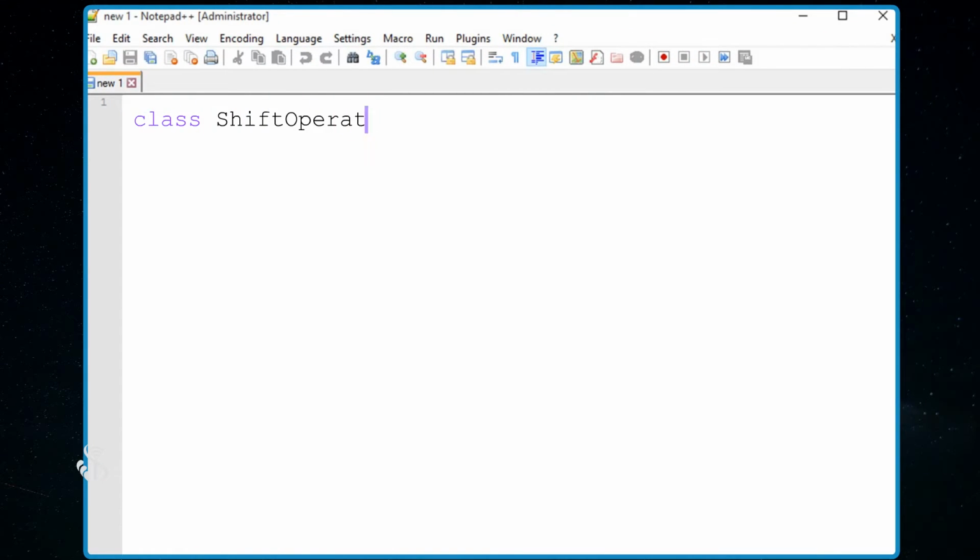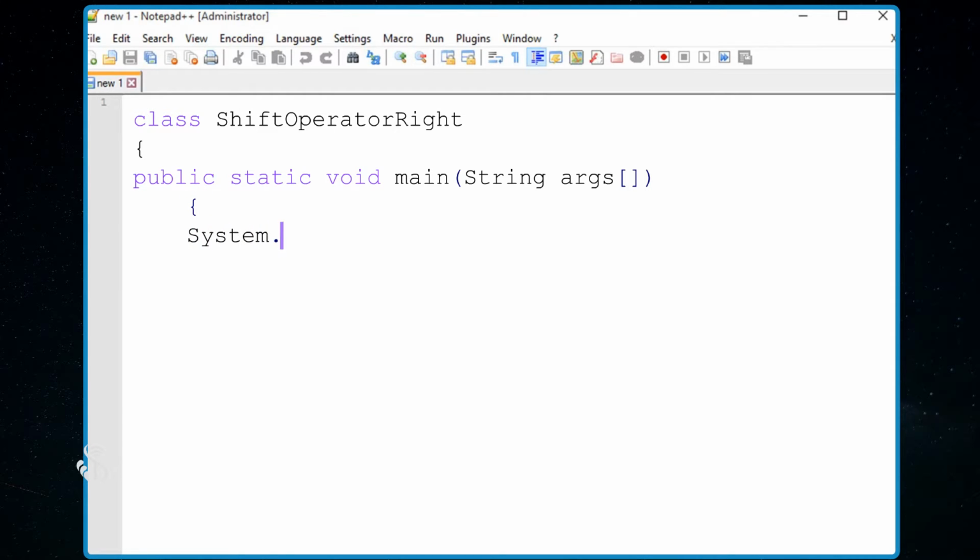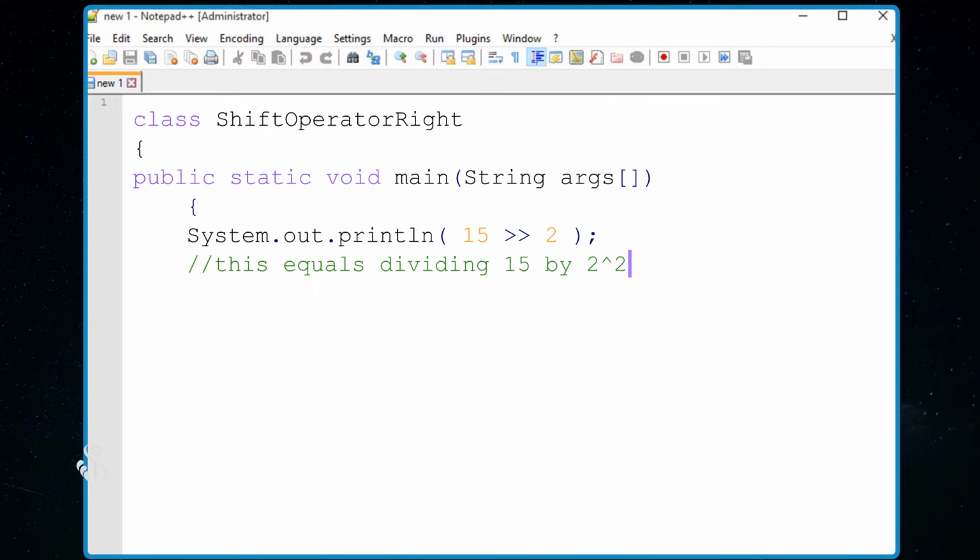Class shift operator right, open curly bracket, public static void main, open bracket, string arguments, open close square brackets, close bracket, open curly bracket, system.out.println, open bracket, 15 right shift 2, close bracket, semicolon, double slash, this equals dividing 15 by 2 twice and getting the quotient, ignoring the remainder,